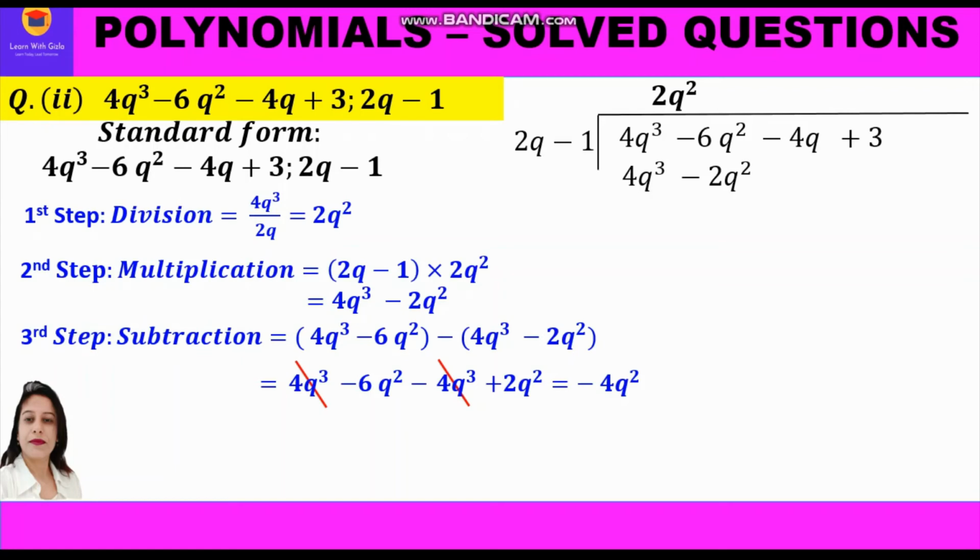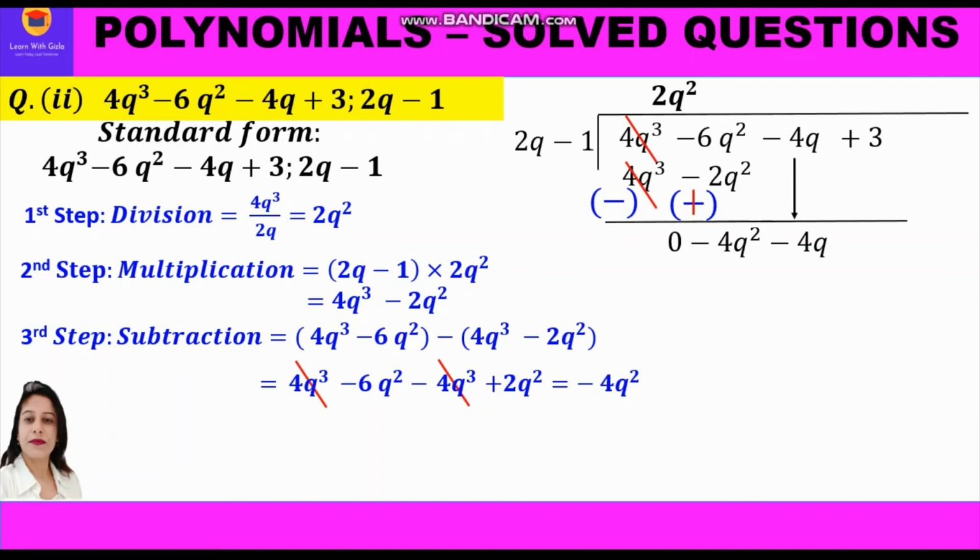Now these three steps of division, multiplication and subtraction are all part of working. Now I'll show you how to do the long division process in the vertical form. For that, first of all we shall write a minus sign just below the product which we obtained in step 2, and we shall change the signs. Plus 4q cube will become minus 4q cube, and minus 2q square will become plus 2q square. Now 4q cube will cancel with minus 4q cube, and from minus 6q square and plus 2q square we will get minus 4q square, and we shall bring down minus 4q. Now this is the new dividend which we have obtained.